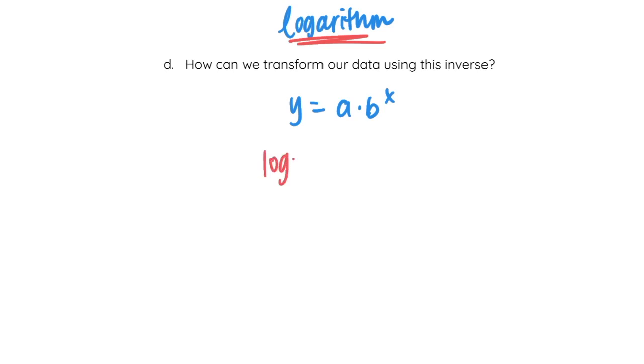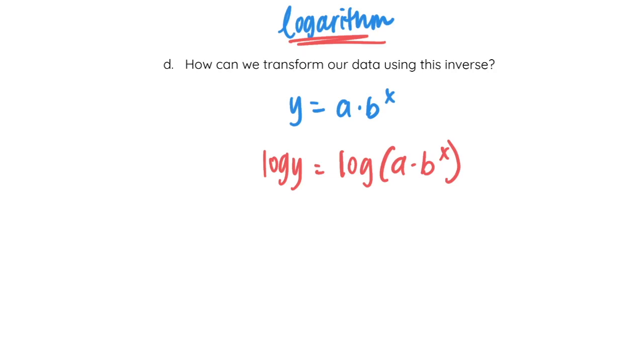So we're going to log both sides. And log is the opposite of the exponential. So we're trying to get our data in linear form. So we're logging both sides to get rid of the exponential